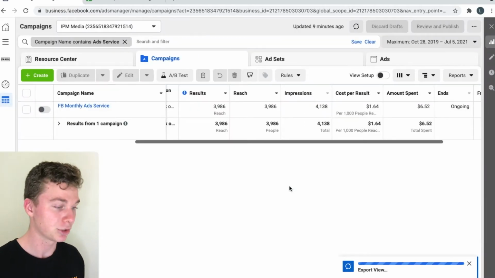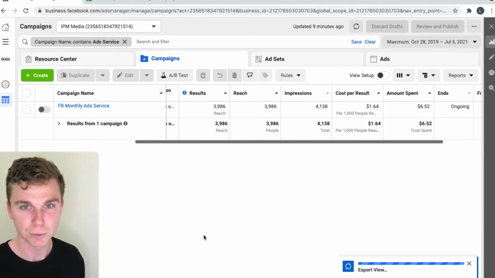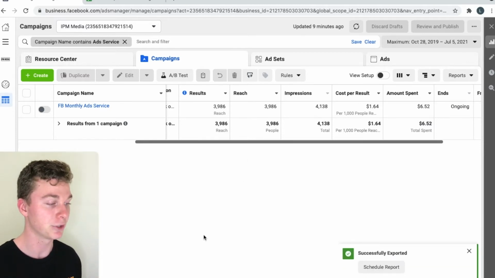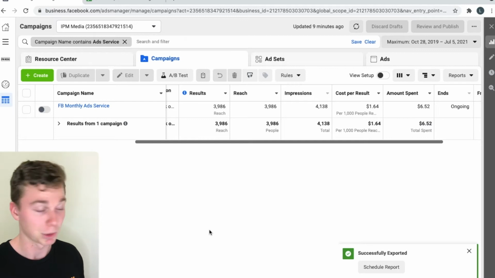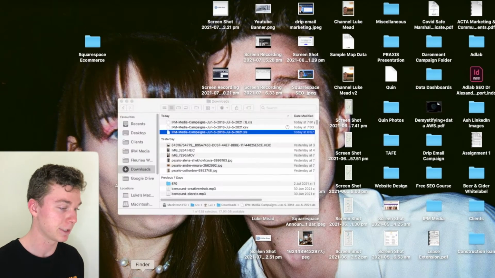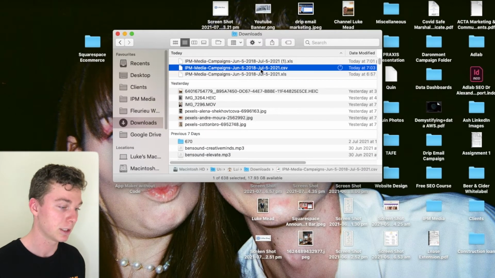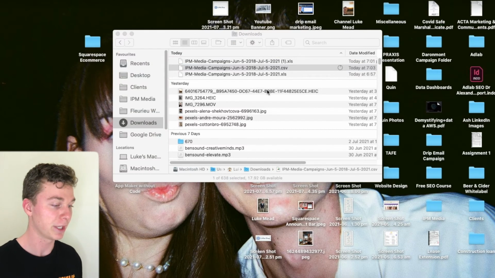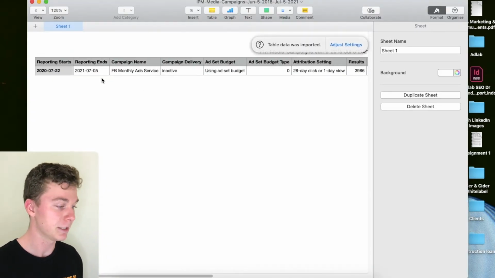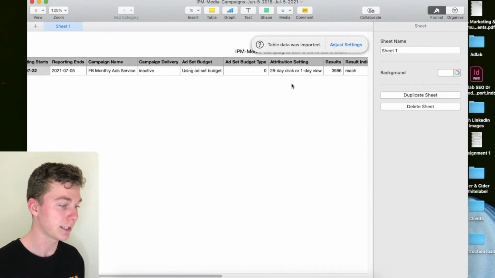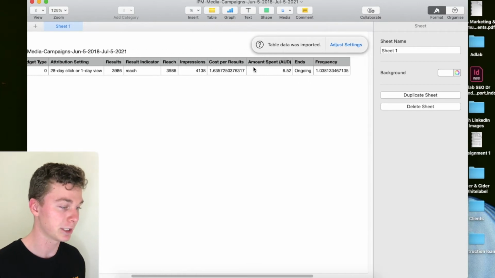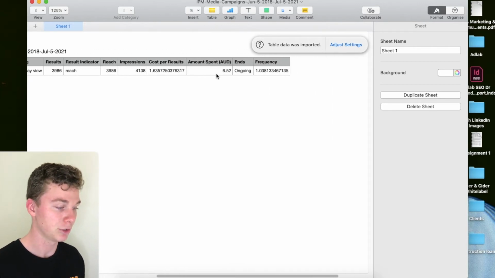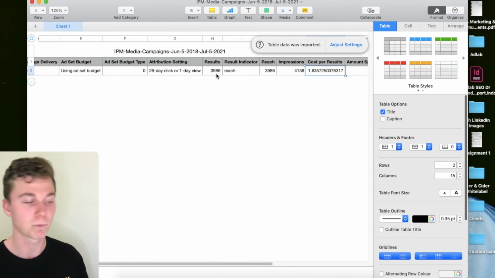And that exports it from Facebook to a CSV file, which is a very universal spreadsheet file, versus XLS, which is a less universal format, purely for Excel. Now we can head to our downloads, see the CSV, we can open that up, and you can see that our ad data has been exported into this spreadsheet, which is super handy if you're sharing it with work friends,